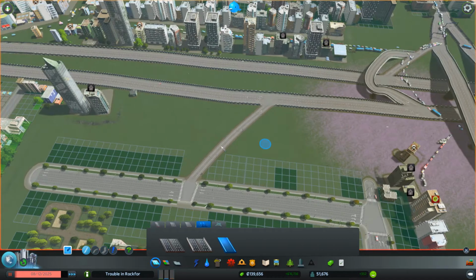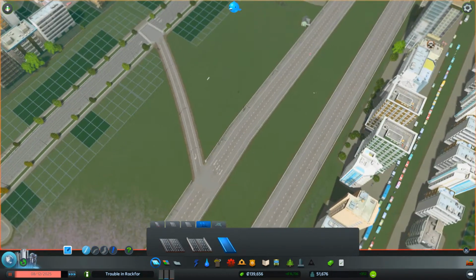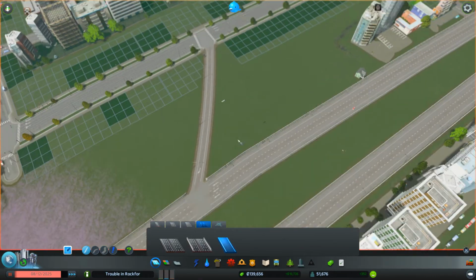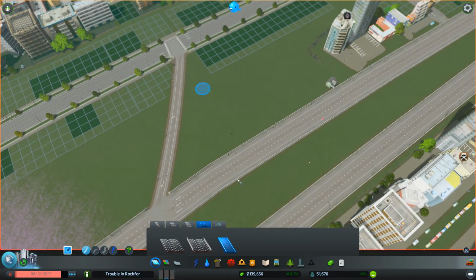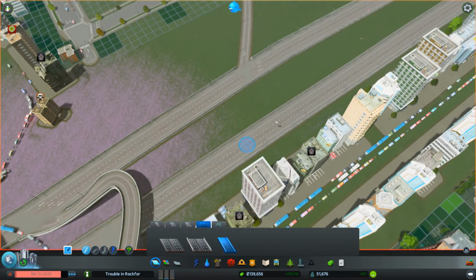So lots of space there, and since I have so much space, I can do things differently now. So with all this space, what I can do is I want to have traffic from the right coming up here, so